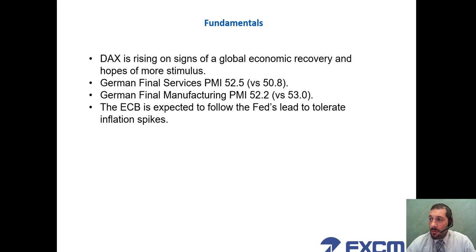Okay, the DAX is rising on the signs of global economic recovery and the hopes of further stimulus. We want to draw your attention to the services PMI and the manufacturing PMI. So the German final services PMI came in today at 52.5, which beat the forecast and last month's print of 50.8. On Tuesday, the German final manufacturing PMI came in at 52.2 and beat last month's 53 and the forecast